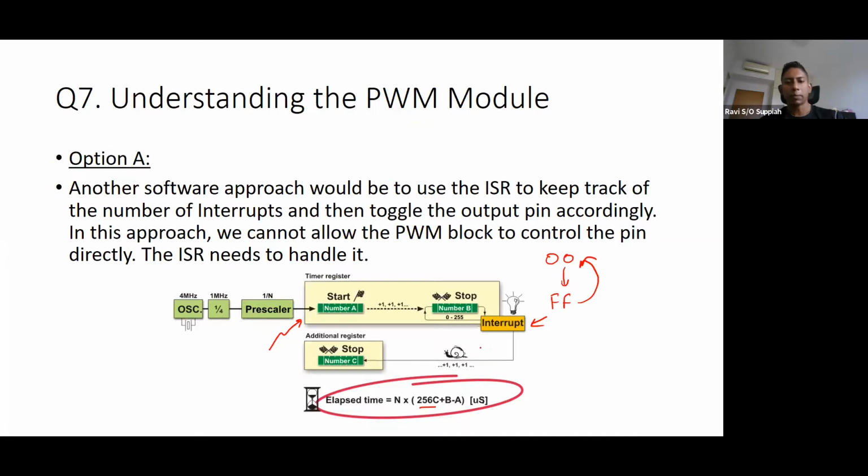All right, then I multiply by C, which is the number of times it has rolled over, plus the current duration. So this is the starting point A, this is the ending. Maybe I stop halfway, so this is my current value, B. So B minus A plus the number of times I've rolled over, multiplied by 256. Okay, so that gives me a way of